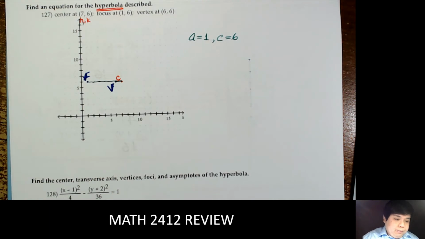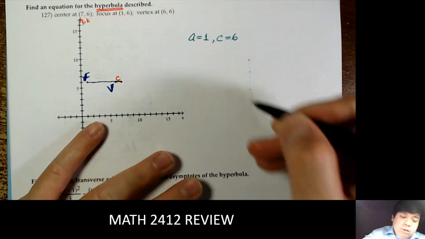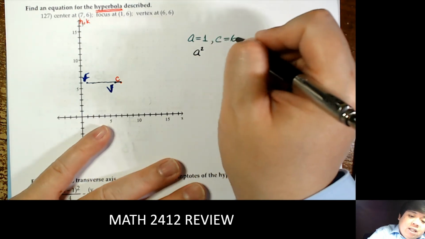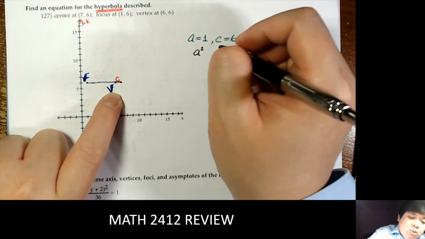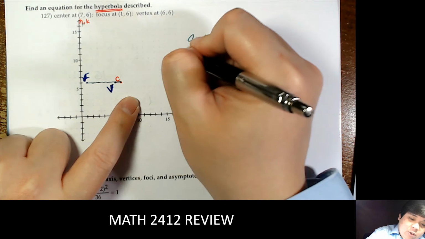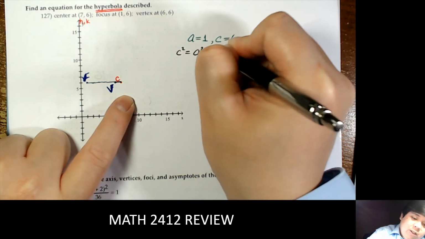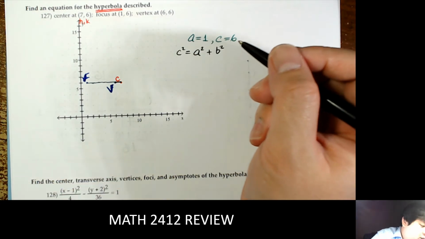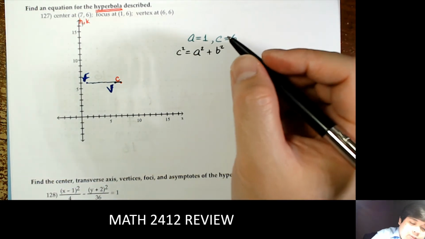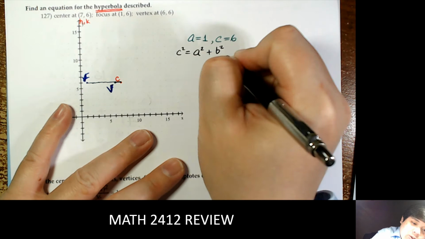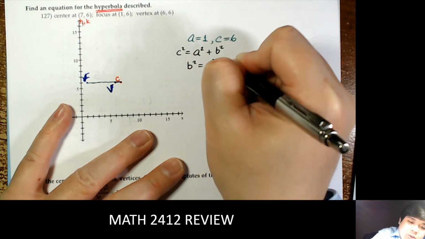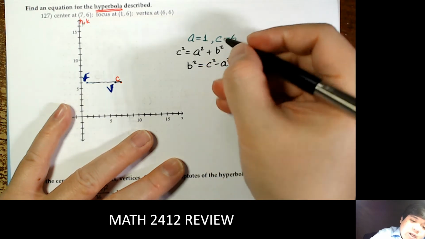Next, c squared is the biggest one, obviously bigger than a, so c squared is by itself, and we can solve for b here. So b squared is equal to c squared minus a squared. c squared is 6 squared